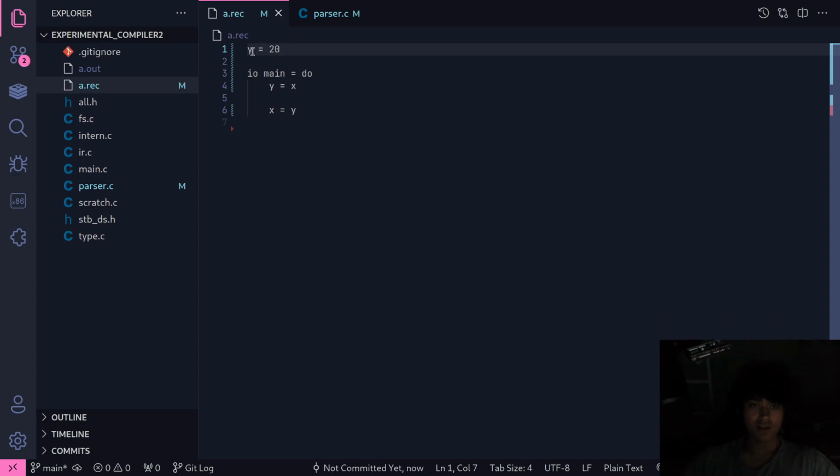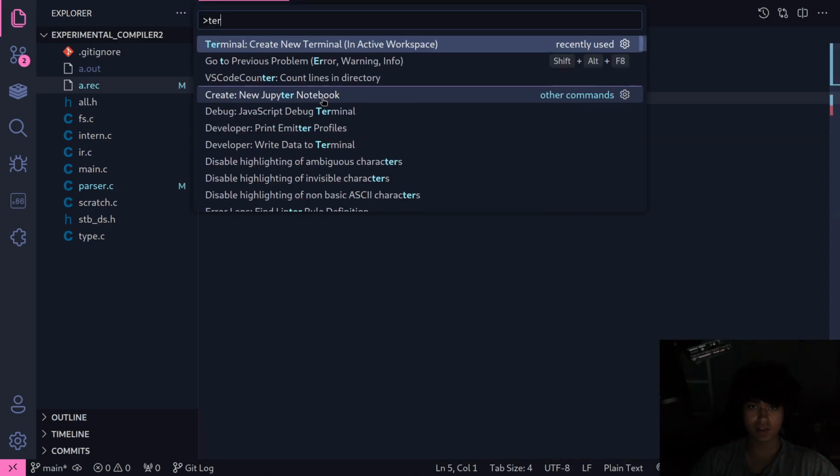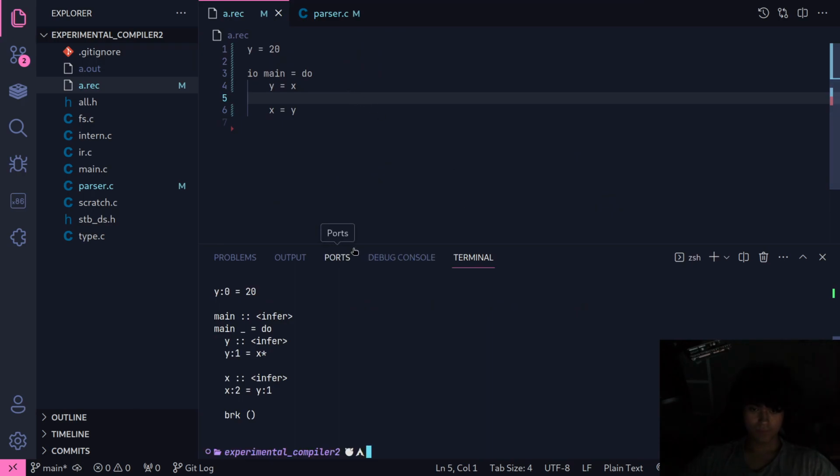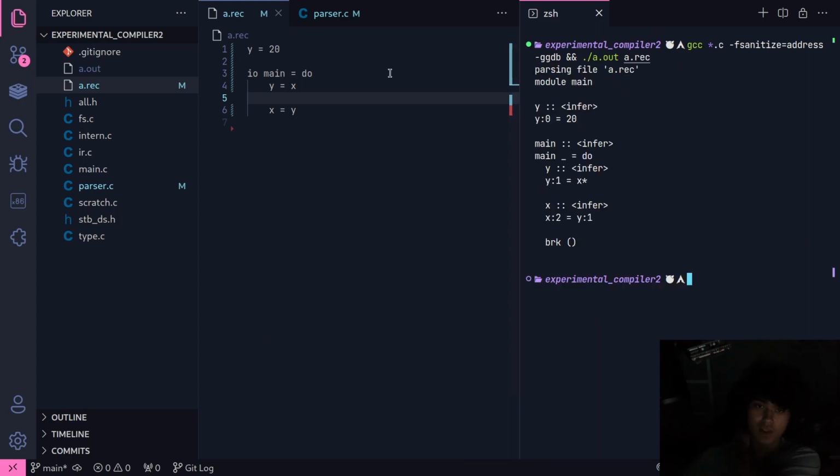That's wrong. But what you can do is have another one of these, only if it's in another scope, right? That means you can shadow this variable here. So you can shadow it, and it compiles fine. So you can shadow this. This creates a completely new variable, and you can see in the output that this is y0, and this is y1, and this is the declaration, so it's type inferred.